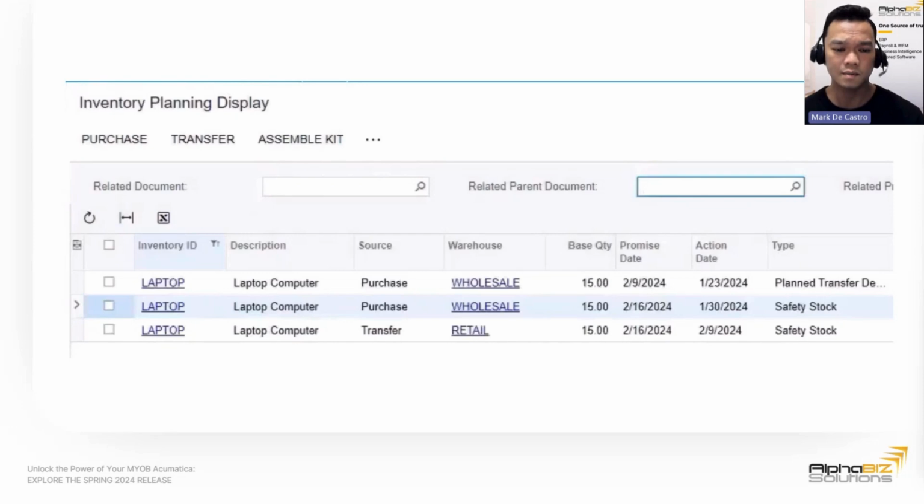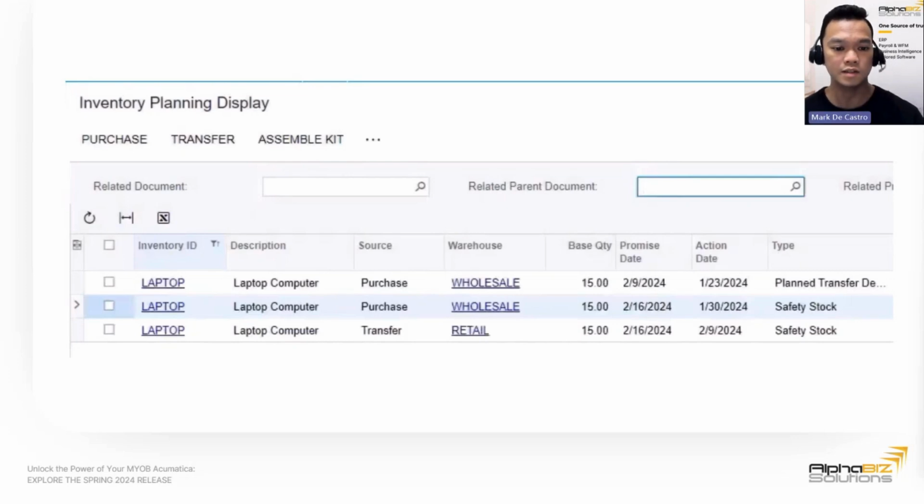So that's it. Like I said, before you plan inventory, you will need to regenerate inventory planning to refresh these sources of demand, or the transactions created earlier. Regeneration of inventory planning or DRP should typically be run overnight or on a schedule. With DRP, you will have one centralized location where you can view supply and replenishment suggestions based on multiple sources of demand. This feature will help companies that need the same level of inventory tracking as manufacturers, but without the need of being in a manufacturing edition.